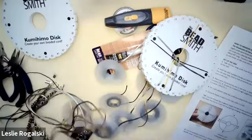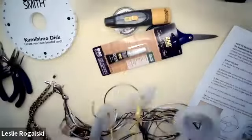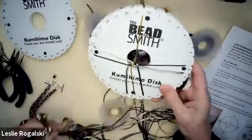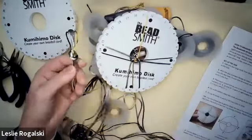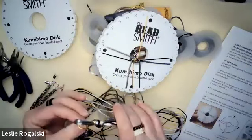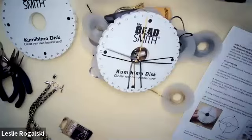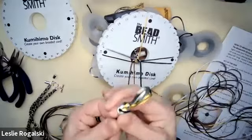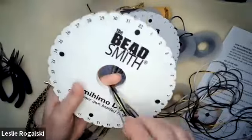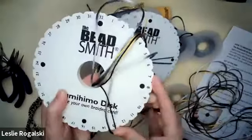I can even do that math. You do need excess for the cords to hang over so that you can manipulate your braid. But the kit itself has pre-cut cords, and there are 4 cords that you will fold over to find the center. So here are the 4 cords, and I've just made an overhand knot. The knot goes down into the center of your disc like this. And I'm going to show you how to set up the cords in the little notches that are around your disc